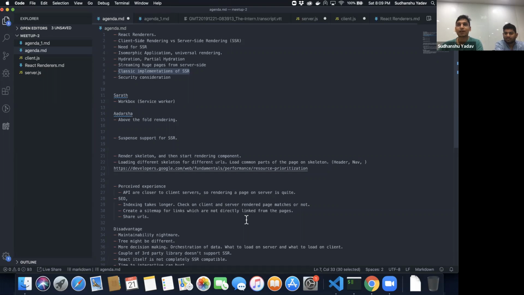Both client and server should work together. The developer experience of SSR has to be improved by the framework itself, because right now you can't use React Lazy or Suspense. If you have code splitting, you have to use some other third-party library. If things are baked into the framework, then we don't have to maintain all these things. Even if you look at the tree, the client and the server tree,